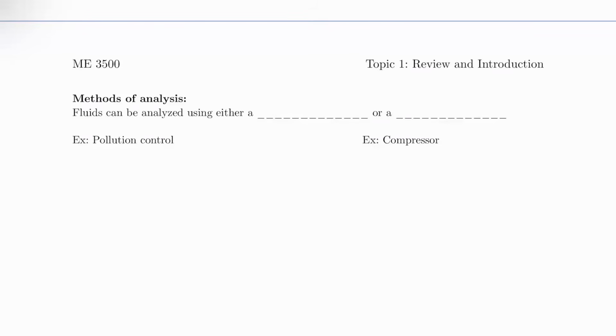So fluids can be analyzed using either a control volume or a system. We talked about this in 2500, right? Whether we're talking about an open system or a closed system,